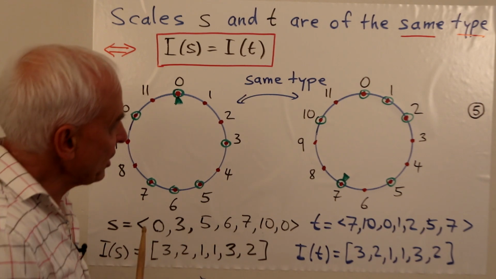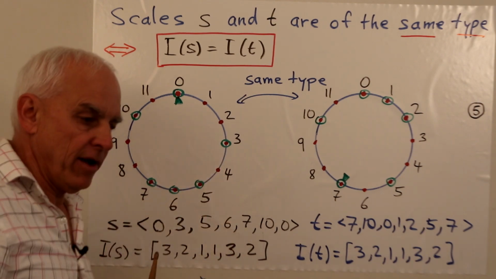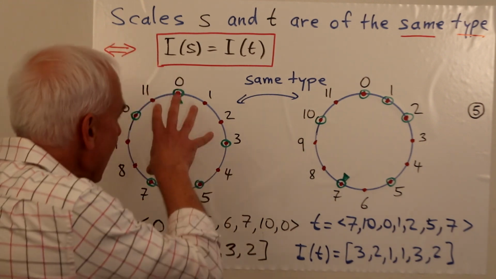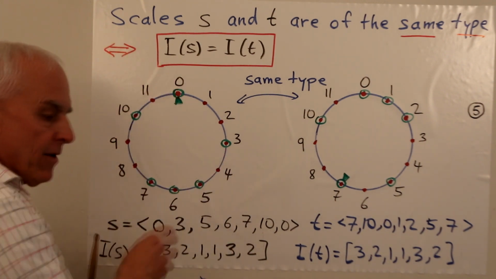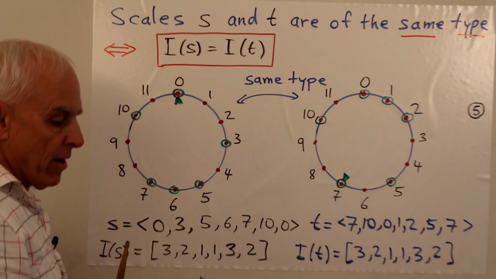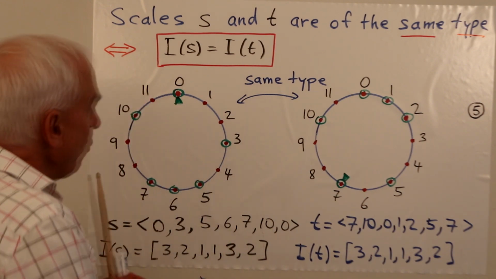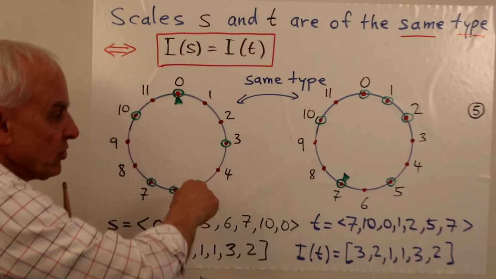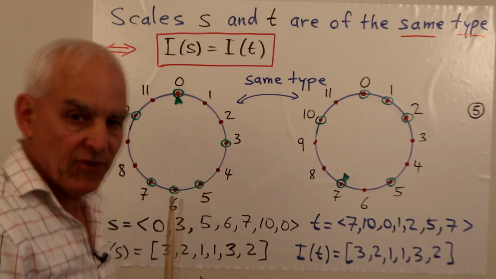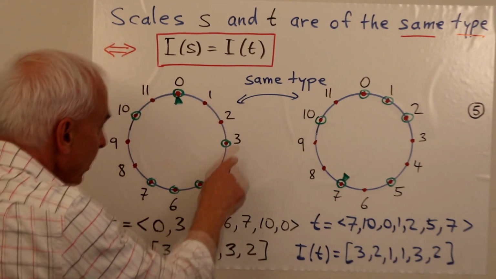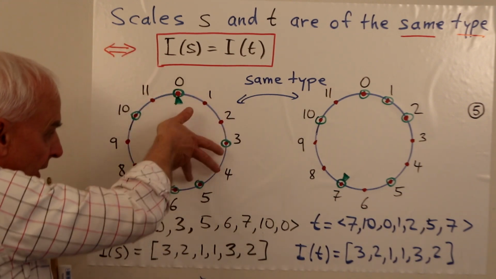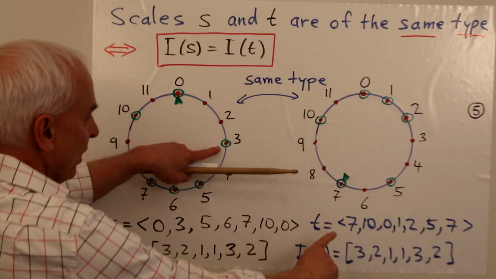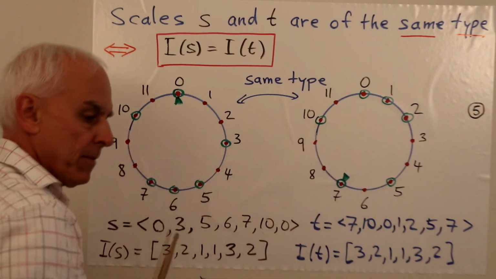And what actually is the relation? Well, on the clock, what we've done is we've really just rotated things, haven't we? We've just really taken this pattern of green circles and we've rotated around. And you can think about that in two ways. You can think, well, what we've done is we've basically moved in the clockwise direction by an interval of step 7, okay, going from here to here. So we've rotated the whole thing by 7 steps to get this thing down here. So that this step going from here to here corresponds to this one going from here to here.